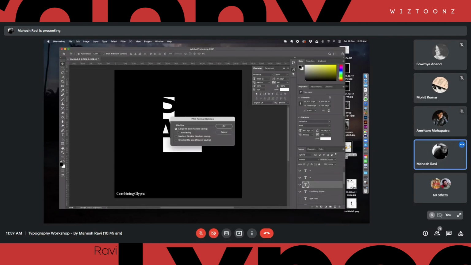Okay. Now let's try something a little more. So far we were discussing only typefaces, but now we are going to look at what if we want to pair a typeface with some other medium. Let's ignore colors at this point. We will think about images. What if you want to make an image also come into this equation?